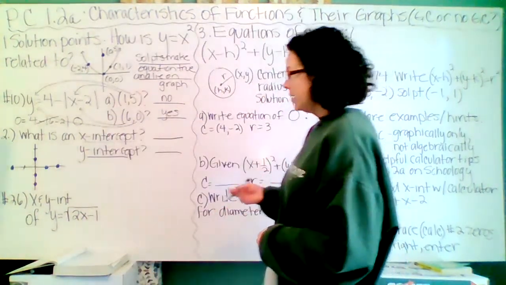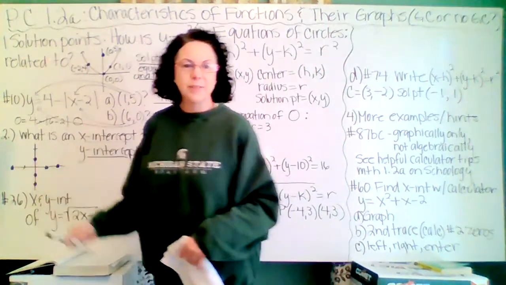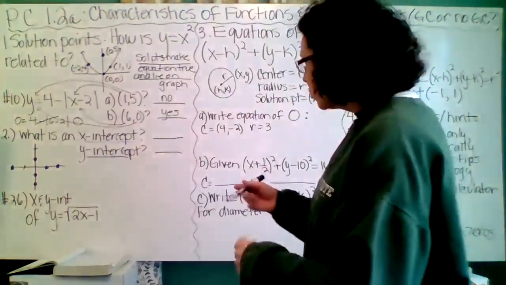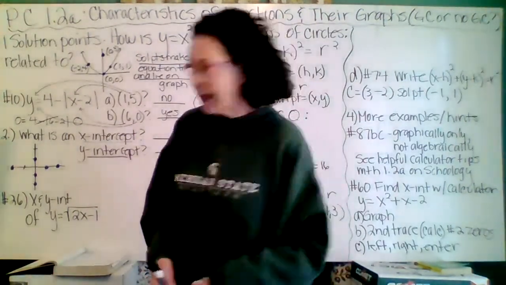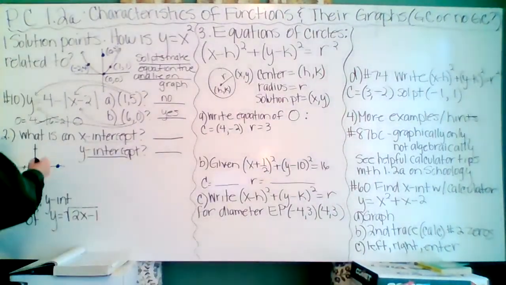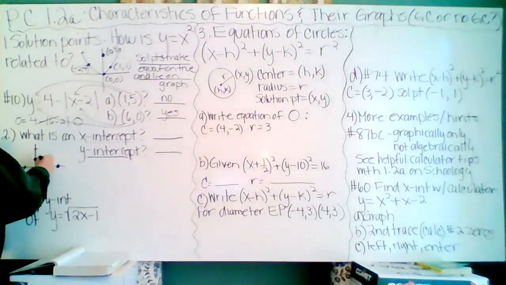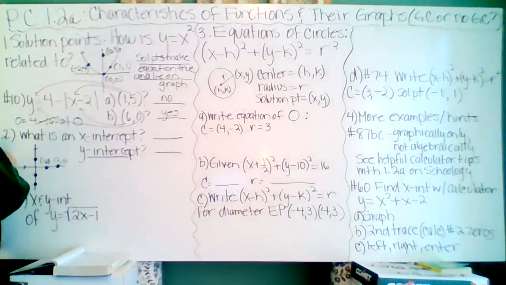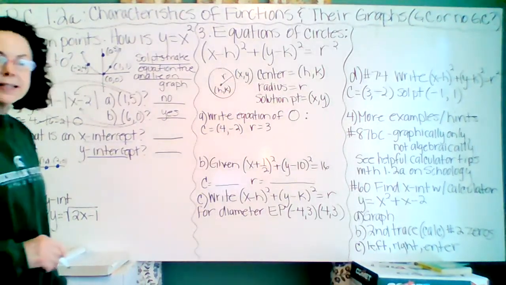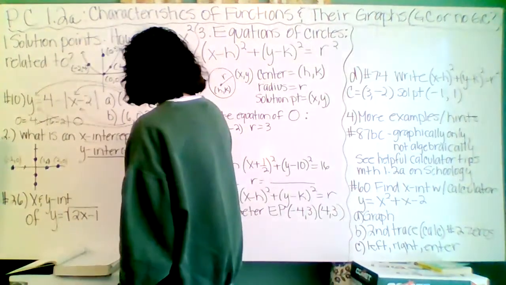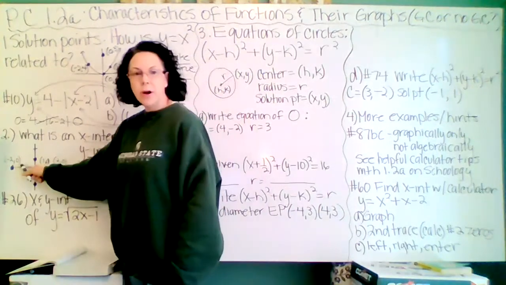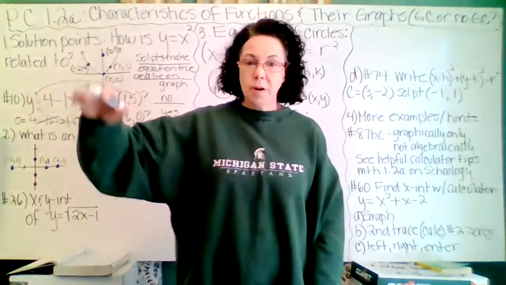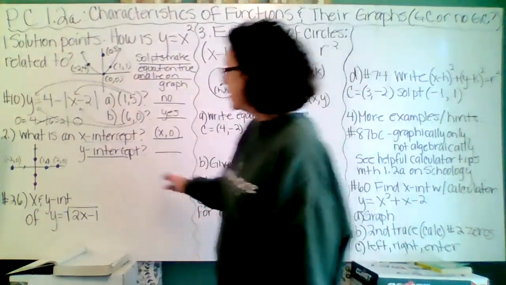And the y-intercepts are in purple here, if you can see the difference there. So an x-intercept is a point that intercepts the x-axis. So notice that this is the point (1, 0), (2, 0), and (-2, 0), right? So what happens with an x-intercept is it is some x value and 0. Notice the y is always 0, meaning it doesn't move up or down on the y-axis, meaning it lays on